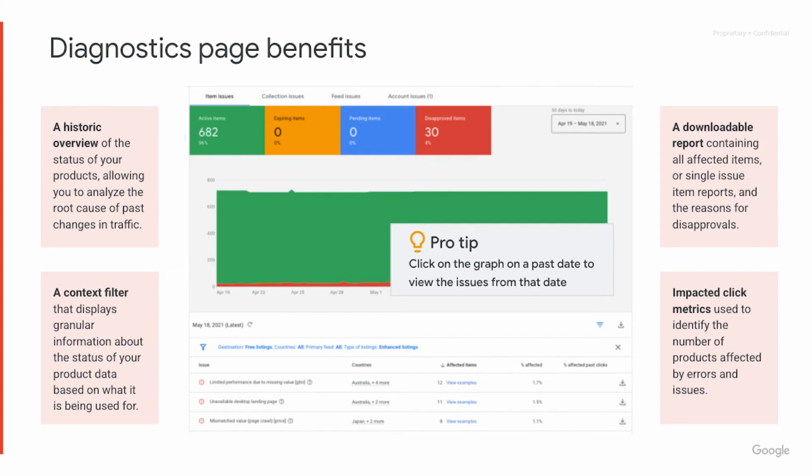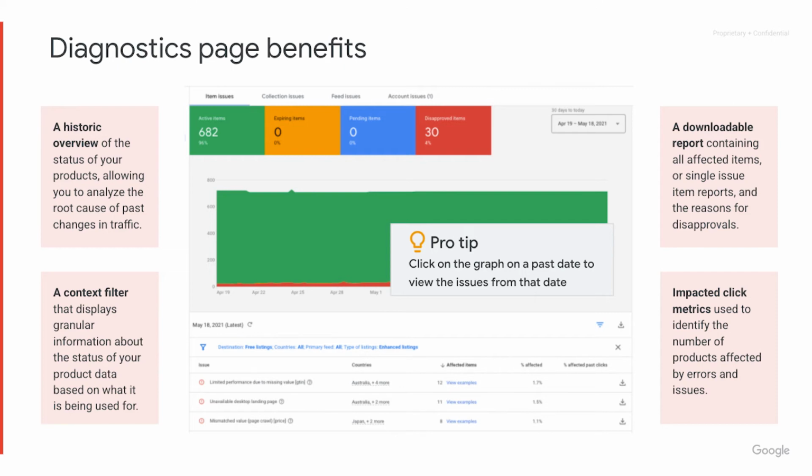At the bottom, the third block is the list of all the issues that are affecting your products. There's a filter in blue just on top of the list, which allows you to filter this list to a specific context.